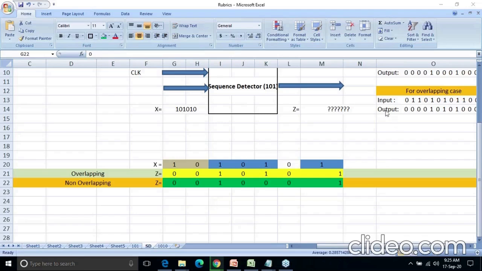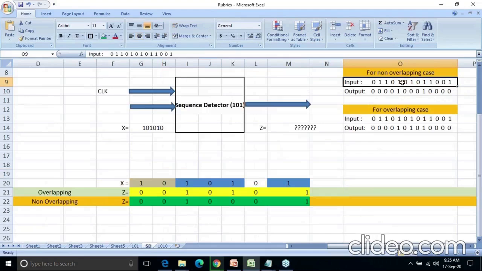Okay, so moving further. So here, can you find the same I have written, that is the question mark. So how to resolve this question mark? Like this way. If I am saying this is overlapping, so my output will be like this 0 0 1 0 1 0 1. Okay. So for each and every bit there will be an output because bits are coming one by one. They are not coming at the same time. As I told you, the first clock is applied, your 1 will be applied, and it will be checking whether the sequence is detected or not. As this is the first one, the whole sequence is not detected, and only when the whole sequence, that is 101, gets detected, your output will become 1. I have given the case over here.